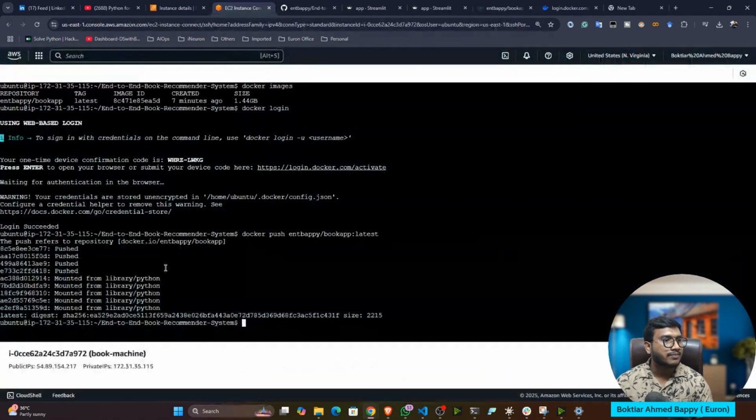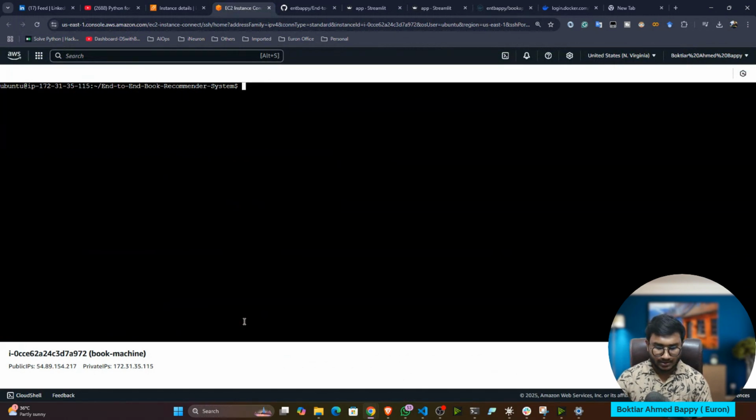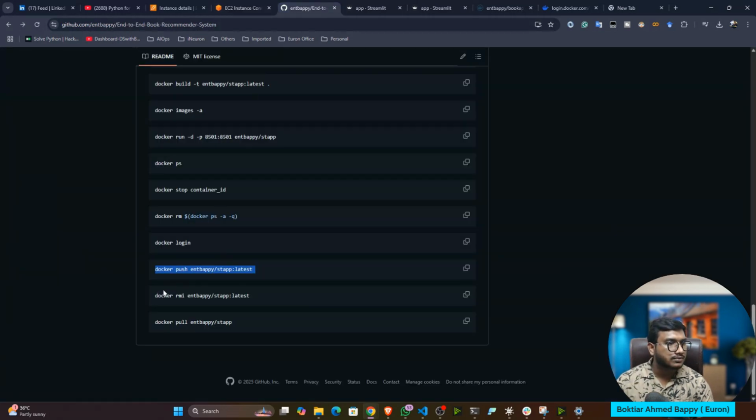First of all, let me delete my image because I already have the same image. So I'll write docker rmi. rmi means you want to delete the image.